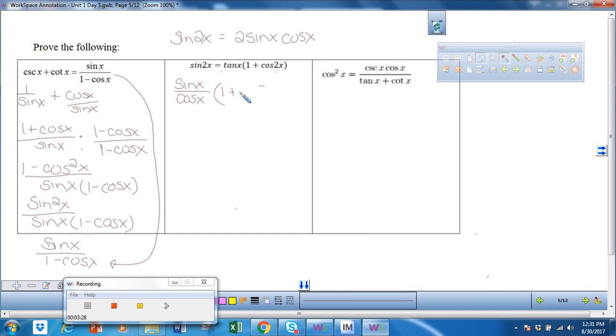And this would be 1 plus. Now cosine 2x, again, from the middle of your paper, cosine 2x is cosine squared x minus sine squared x. Everything in terms of sine and cosine. Multiplying this out, I get sine x over cosine x plus, when I multiply this, this becomes sine x cosine x, because the cosine will cancel, minus,